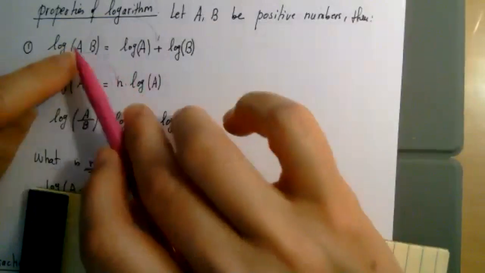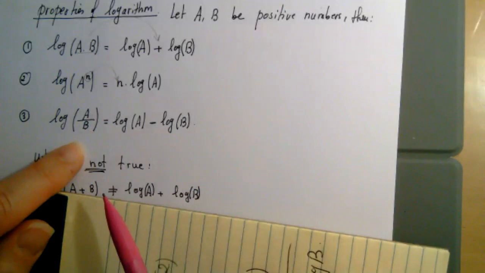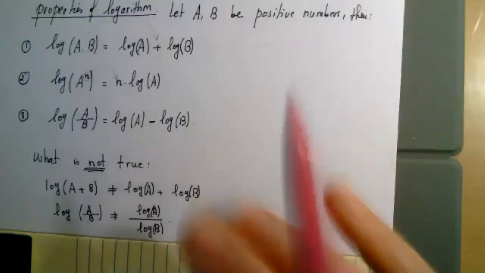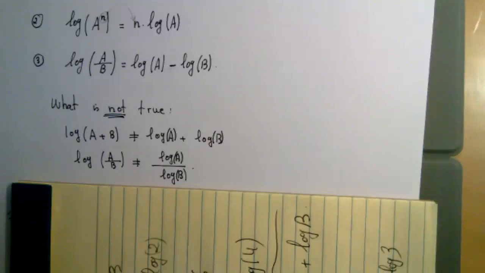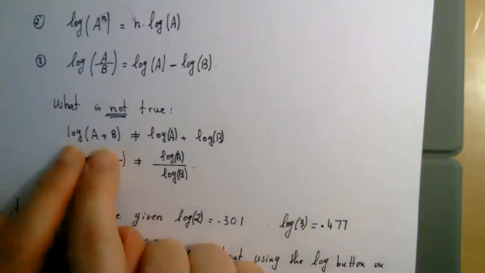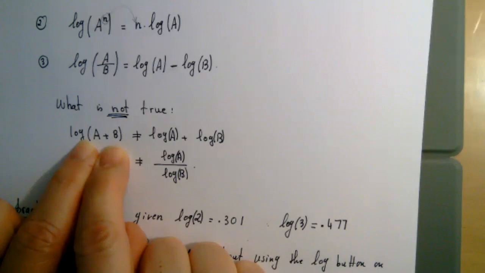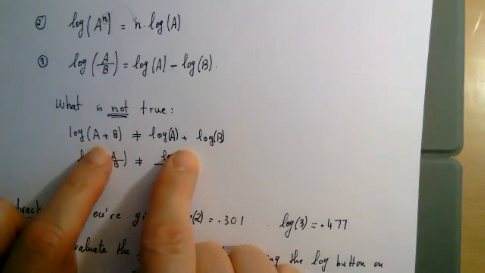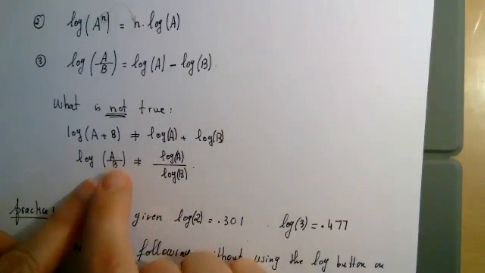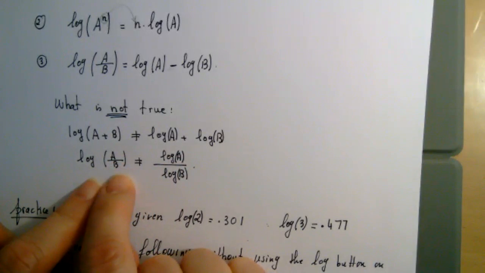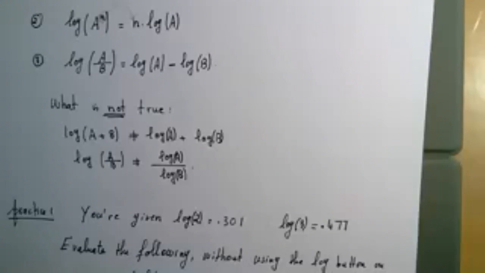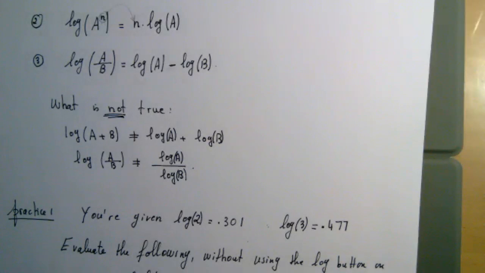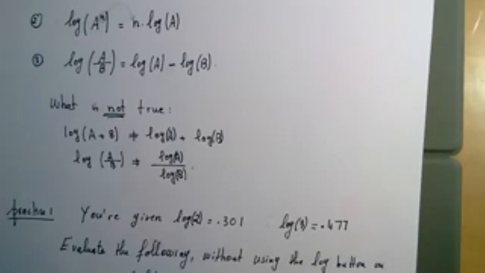Okay, so product turned into a plus, A over B turned into a minus. What's not true, so these are the properties that you can use and I will use. What's absolutely not true is that if you have the sum of two numbers, you cannot do anything about it. It means you cannot break the sum. And if you have log of A over B, it's not the log of A over the log of B. You cannot break it, is the difference. So those are the properties that I will be referring to over and over today and next time